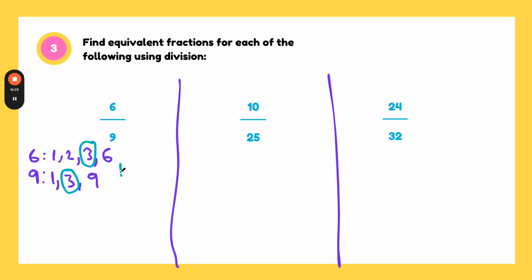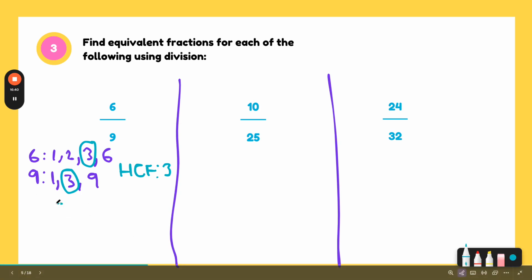So, which then means our HCF, or highest common factor, is 3. So from there, all we do is